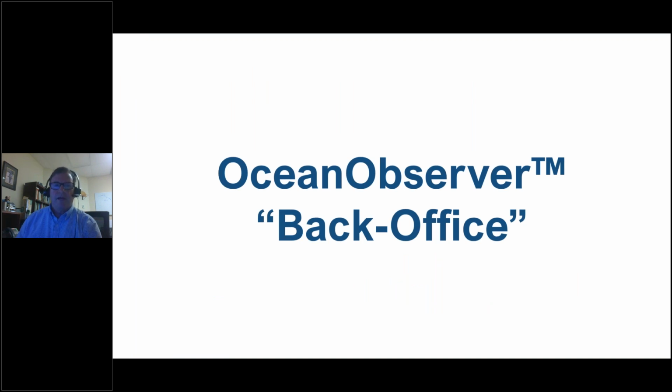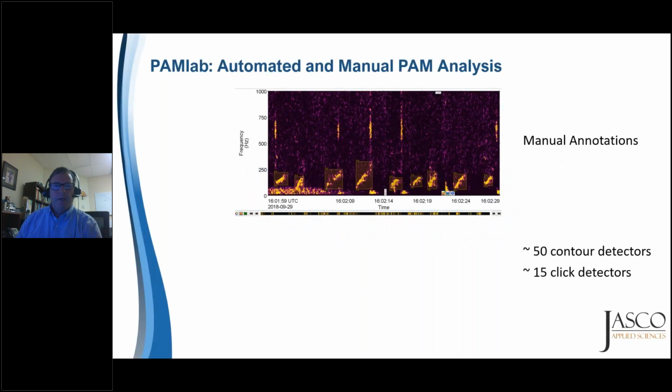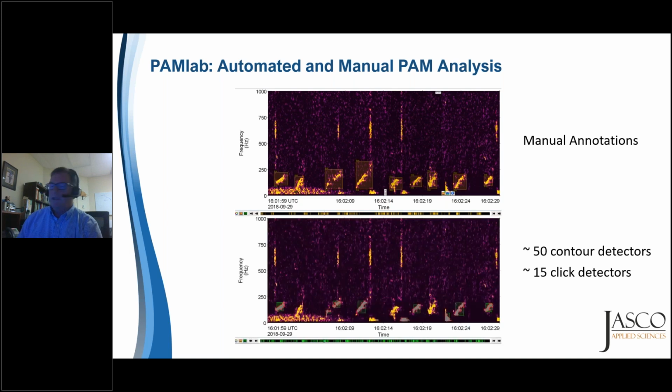Talk a little bit now about the back office. Again, a back office is really a bunch of computers, so it's not too exciting from a graphics perspective. But the first component in the back office, I think, should be recognized as PAMLab. So PAMLab is this automated and manual analysis tool that we use, and we can run either full PAMLab with its graphics interface, which allows for manual annotations, and also allows us to run a whole bunch of detectors and